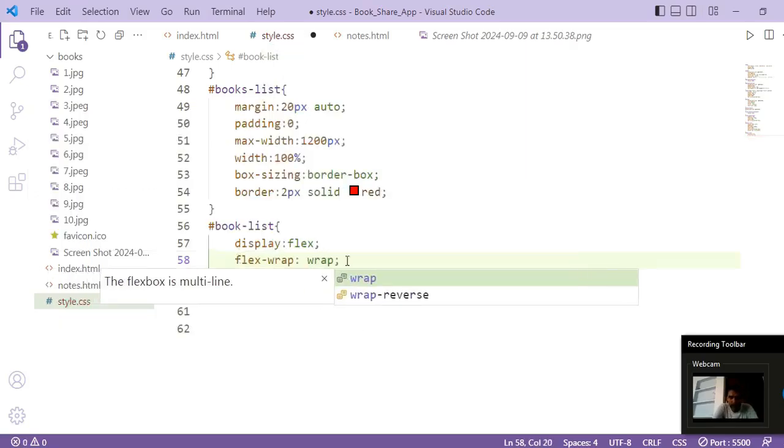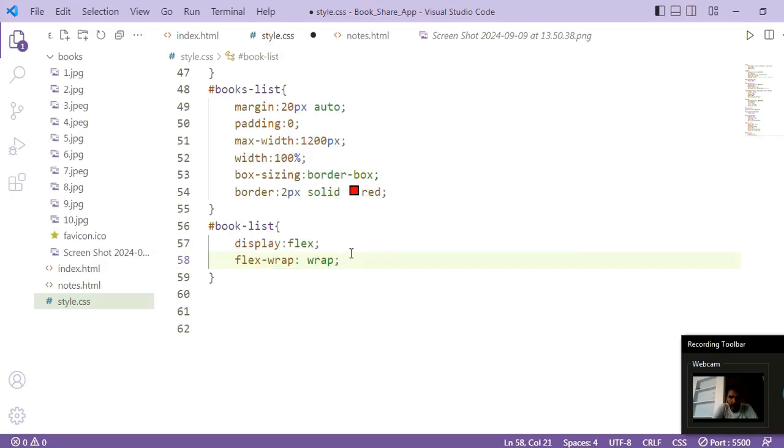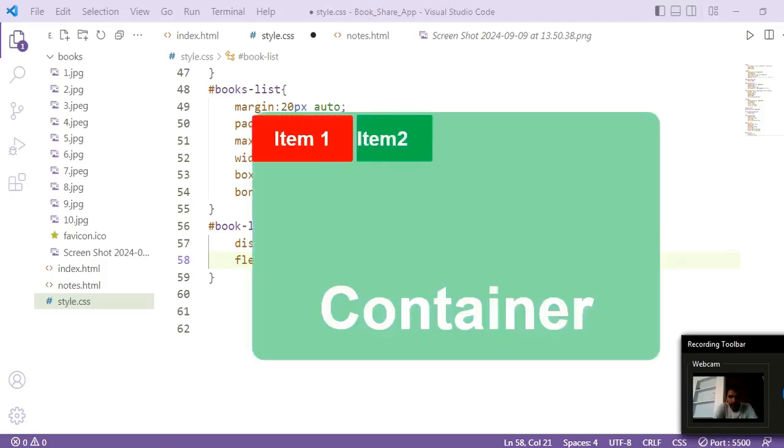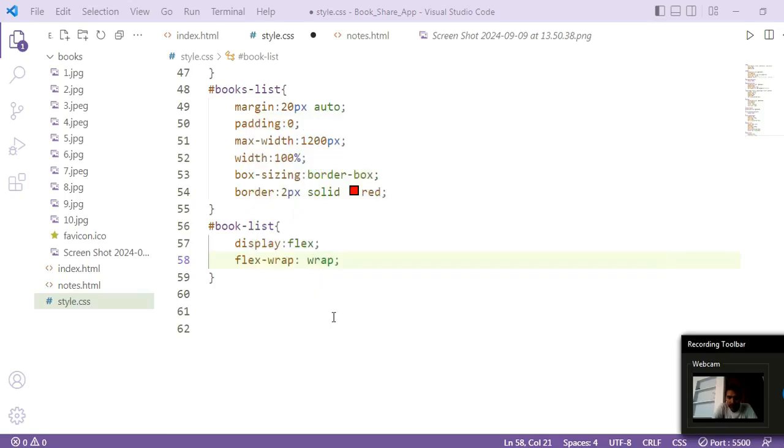सो व्हाट इज फ्लेक्स रैप? हमारे जो आइटम्स होंगे वो लेफ्ट टू राइट अरेंज होते हैं. ओके, व्हेन वी यूज फ्लेक्स. सो व्हाट इज रैप हियर? सी बाय डिफॉल्ट हमारे जो चाइल्ड एलिमेंट होंगे वो एक सिंगल लाइन पे एडजस्ट होते जाएंगे. ओके, बट जब वो कंटेनर की विड्थ को एक्सीड करने लगेंगे देन वो नेक्स्ट लाइन से अरेंज होना शुरू हो जाएंगे. सो दैट्स व्हाई वी यूज रैप. रैप मीन्स टू adjust according to the size.